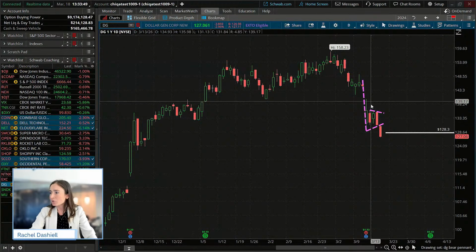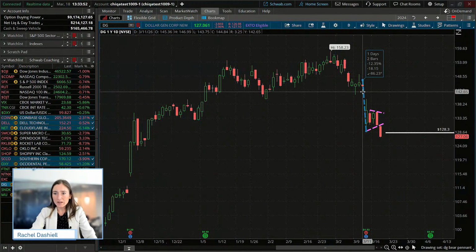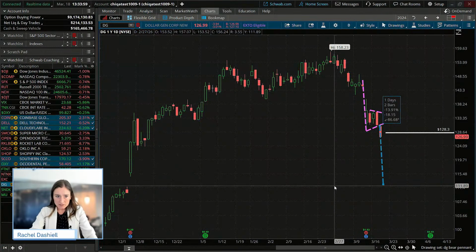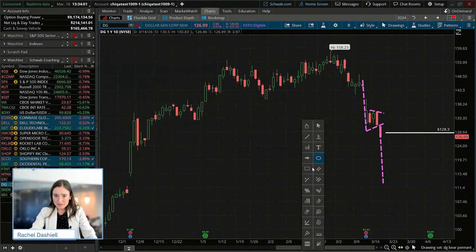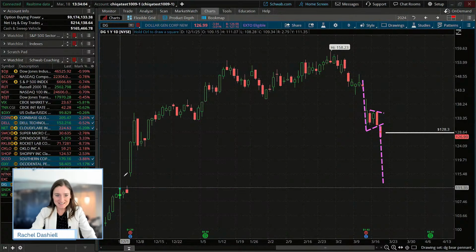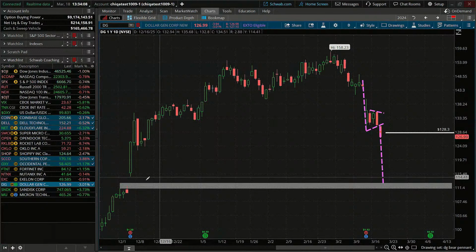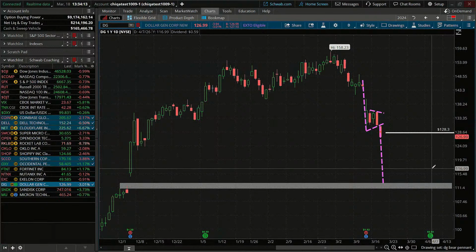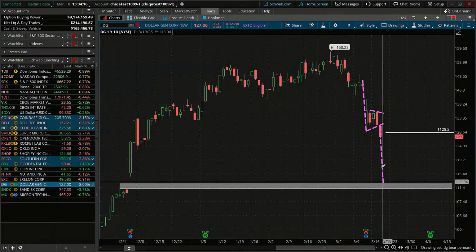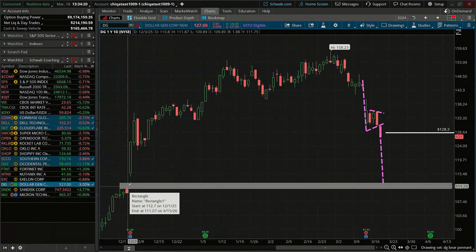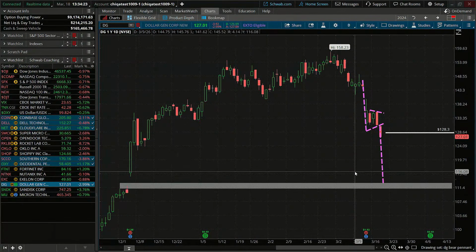Now, I'm going to take the flagpole and project that to the downside to see where our targets could be. And isn't that lovely for a technician's eyes? We see this quite a bit in this class. It doesn't always end up looking super perfect. And again, we have to keep in mind that patterns are not guarantees, but it always makes us chuckle when a measured move finds a familiar level of support or resistance, finds a gap level somewhere around there.